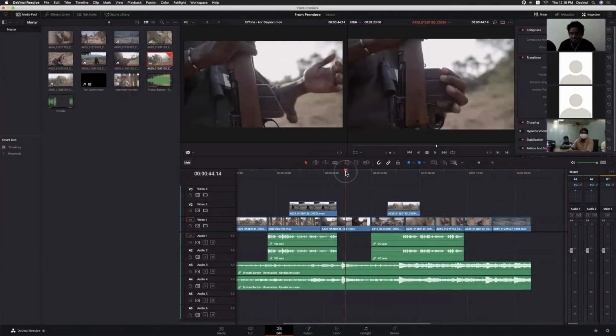So is there any doubt in this particular topic? Sir, is there any option called sleep medium or sleep frame? Sleep frame, for example, if 1 or 2 frames are not matching, I want to skip that 1 or 2 frames. Yeah, that means if there are any other clips in your timeline without relinking with the original source, is that what you are asking? Yes.